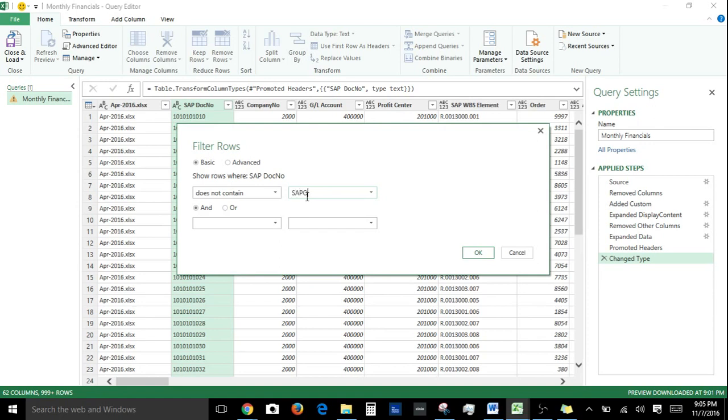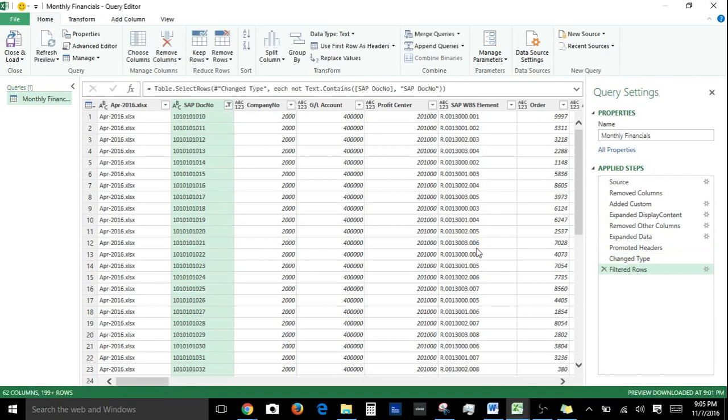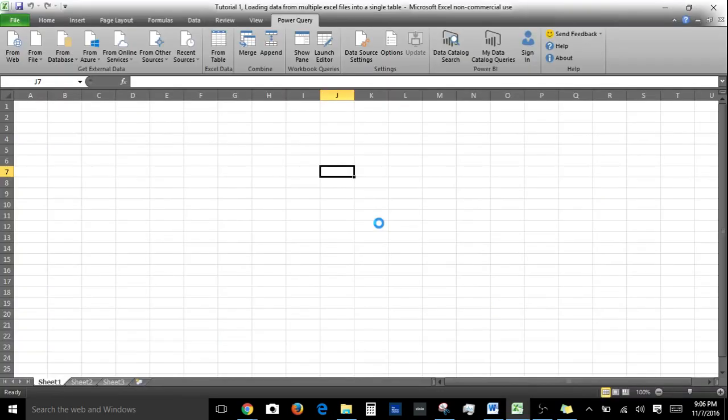So SAP space doc number. So it'll remove any row that contains SAP doc number. Done. Click OK. Hit keep, and